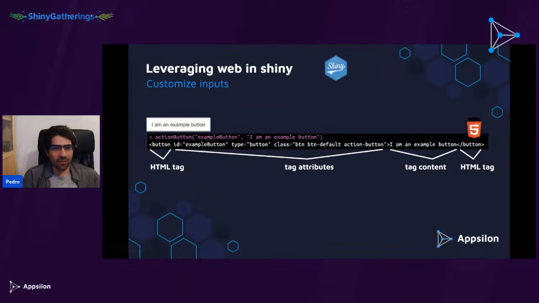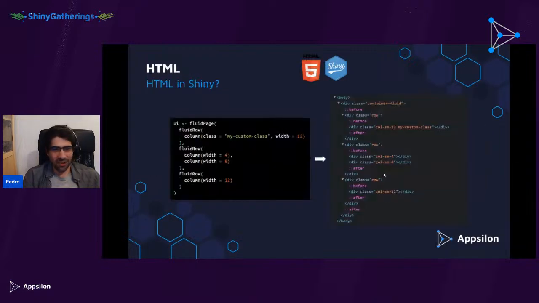It has a couple of attributes. In this case, it has an ID, a type, a class. Each of these have some values as a string. And finally, it has some tag content. Now, the cool thing is tag content can also be other tags, which means that you could end up with something like this, where you have tags inside of tags inside of tags.